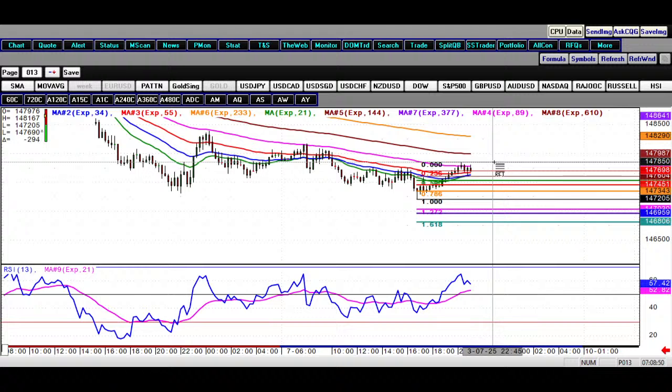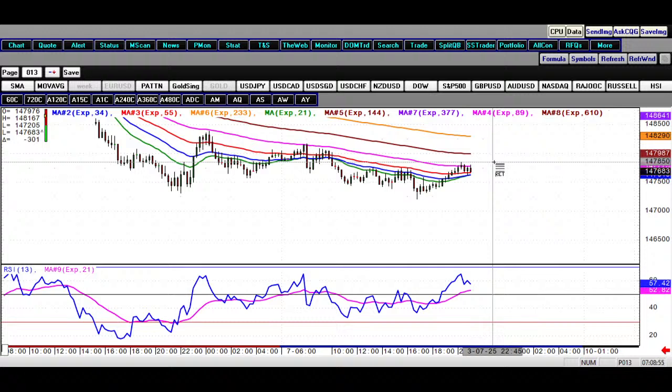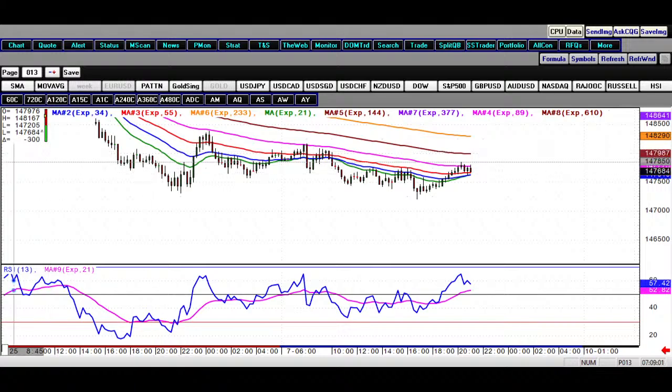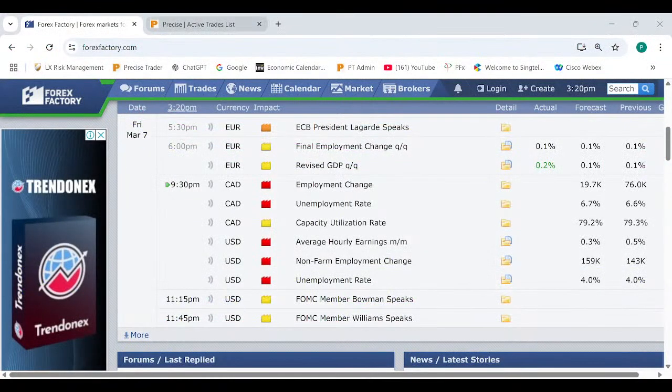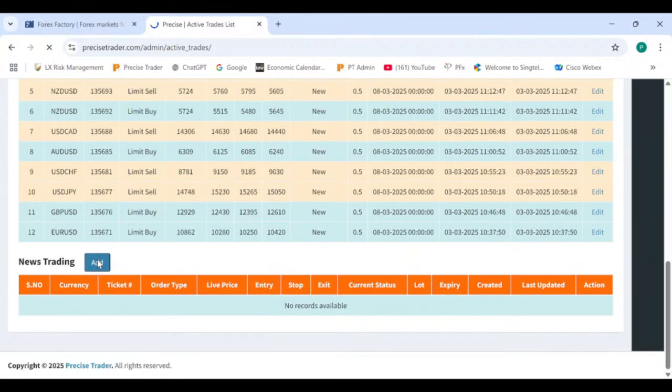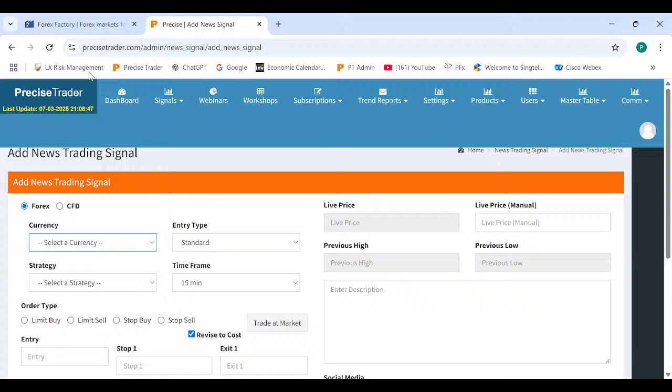I think 146.80, 85 should be a good level of entry. Okay, so now what we are going to do is we are going to put in two trades. One is, we are trying to sell dollar yen